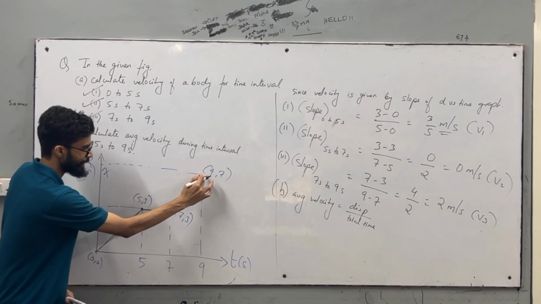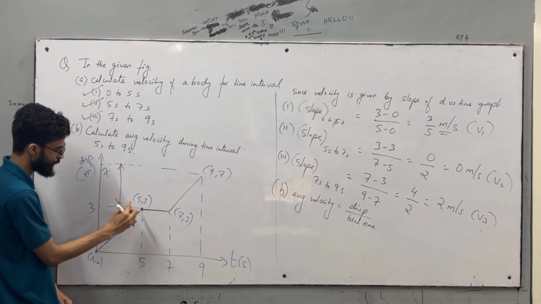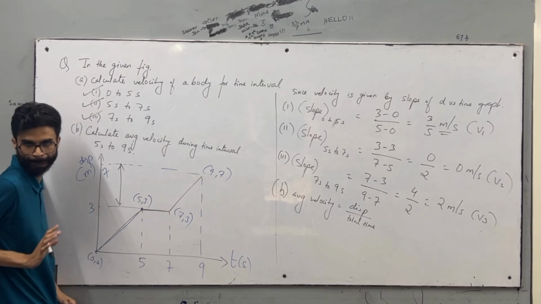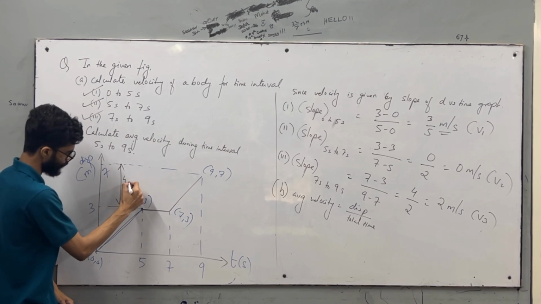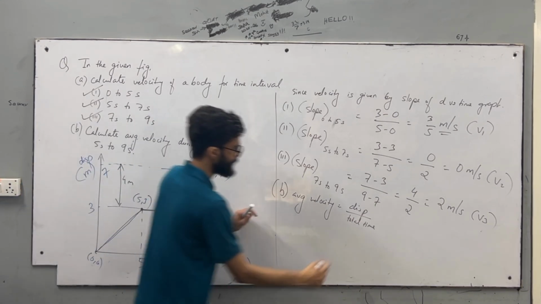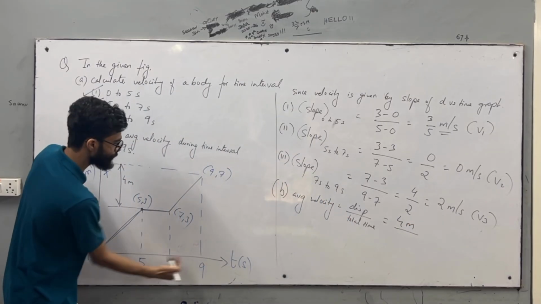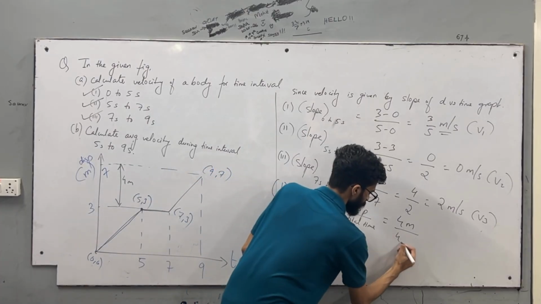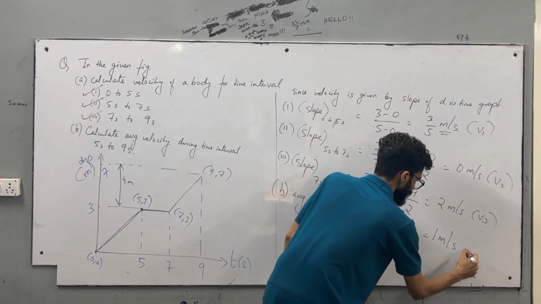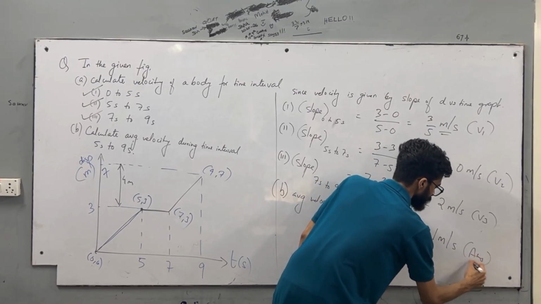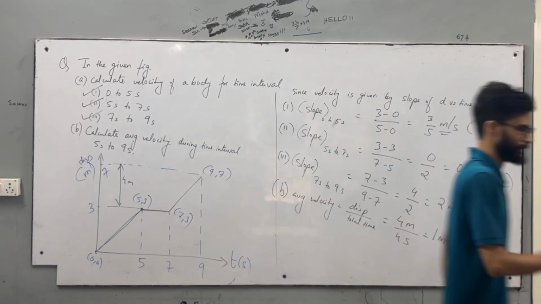तो ये यहां से यहां तक गई. मतलब is this my displacement from t equal to 5 to t equal to 9. So this is nothing but 7 minus 3 which is 4 meters. So can I write displacement is 4 meters and total time 5 to 9 में मतलब 4 seconds. So this is coming as 1 meter per second. Answer. क्या ये समझ रहा है? बढ़िया. Let's go.